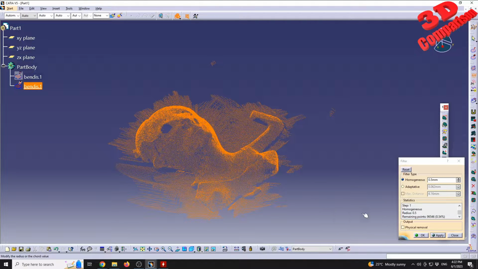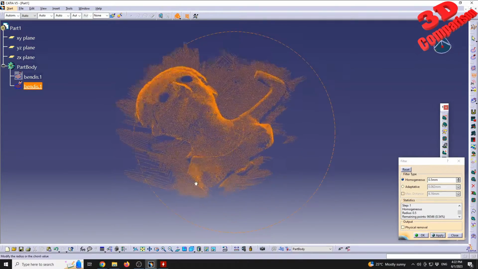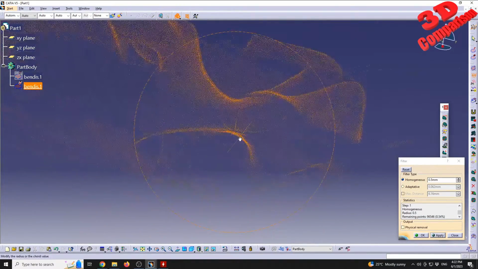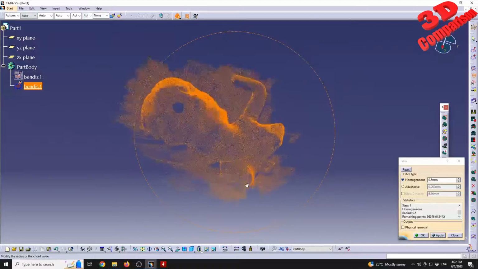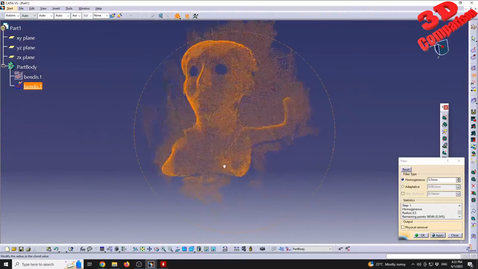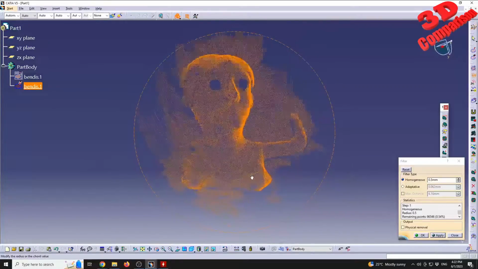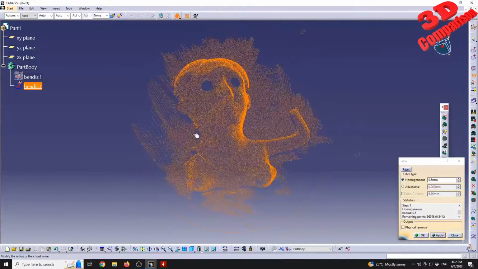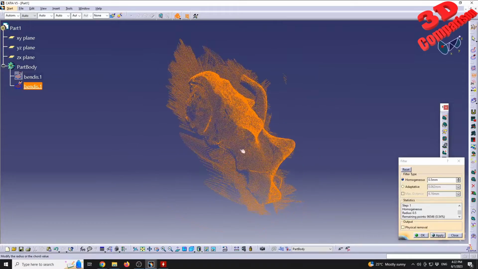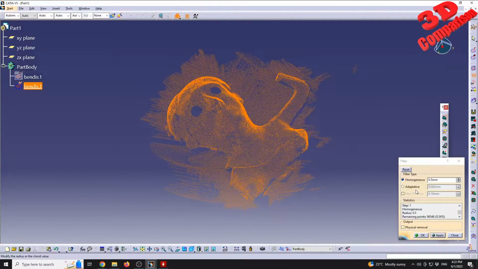Okay, and we see that only 0.5 of the initial points have been kept, but we can already see better the profile of this 3D scan. So it's a bronze statue, a female bronze statue, and I have the possibility to go with adaptive,